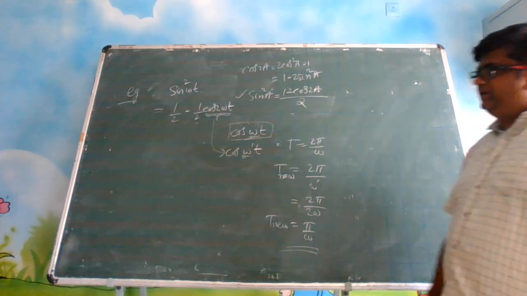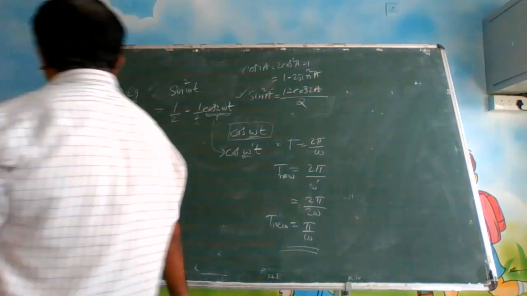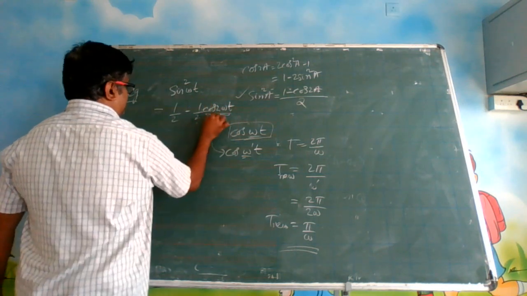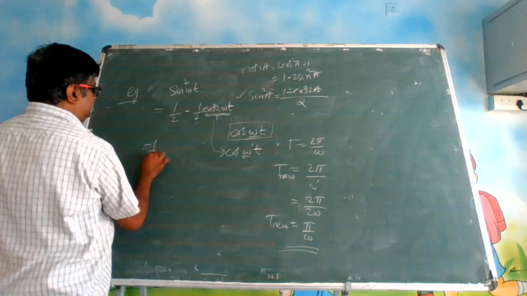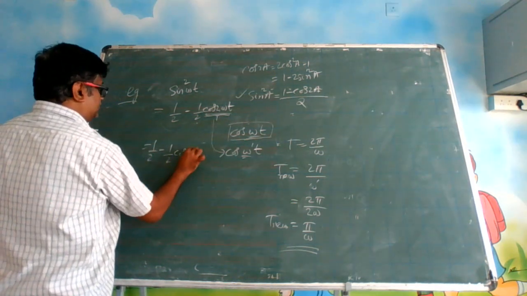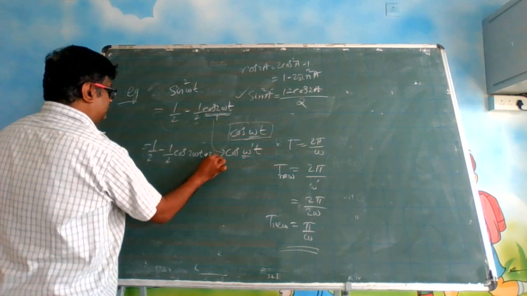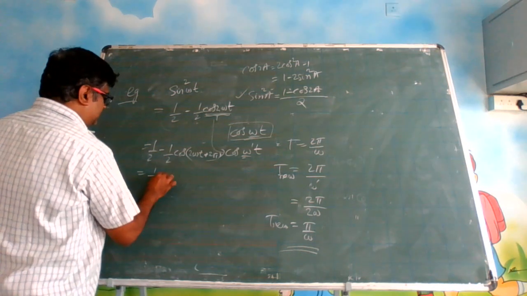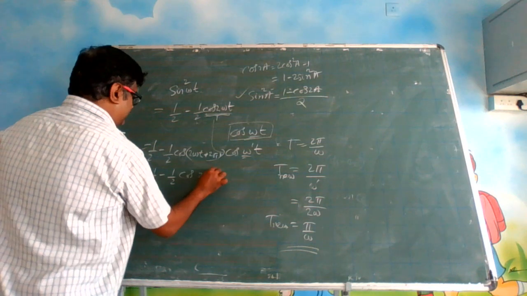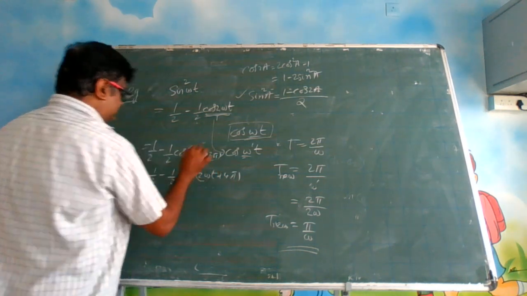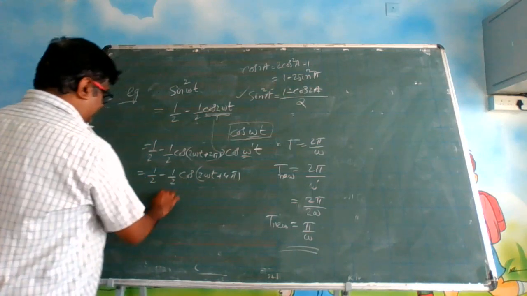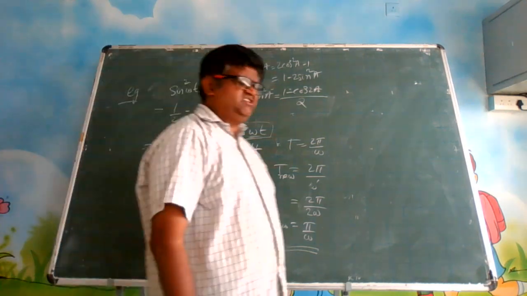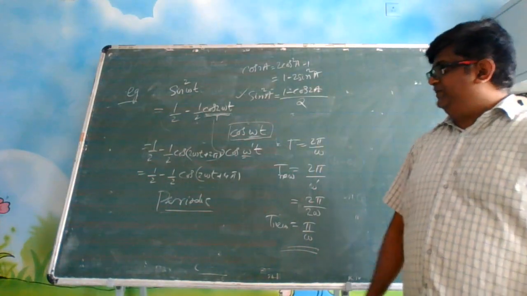So is it periodic? It is periodic. After every period, this function is getting repeated. This is a constant term, but the other part is getting repeated. The value won't change if I write cos 2 omega t plus 2 pi. If I write the same expression as half into cos 2 omega t plus 4 pi, is the value changing? The value is not changing, so it is periodic. So is it SHM? One condition we have satisfied, that it is periodic.